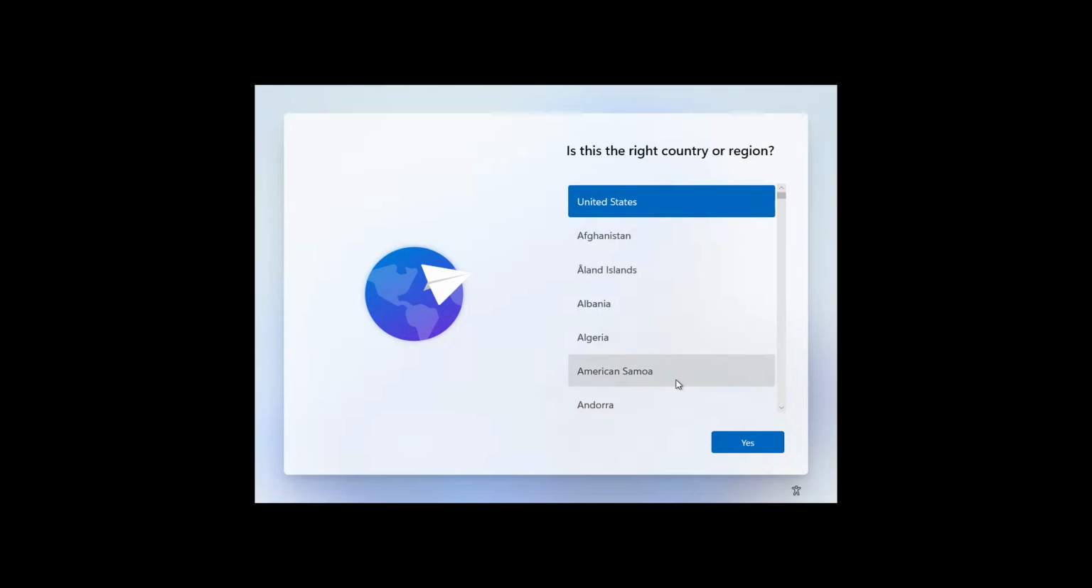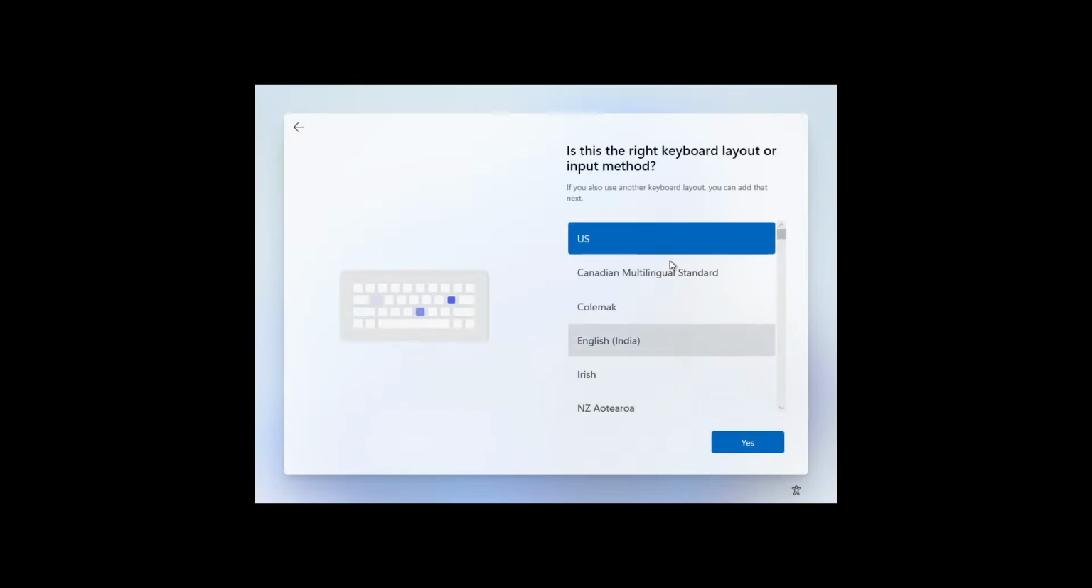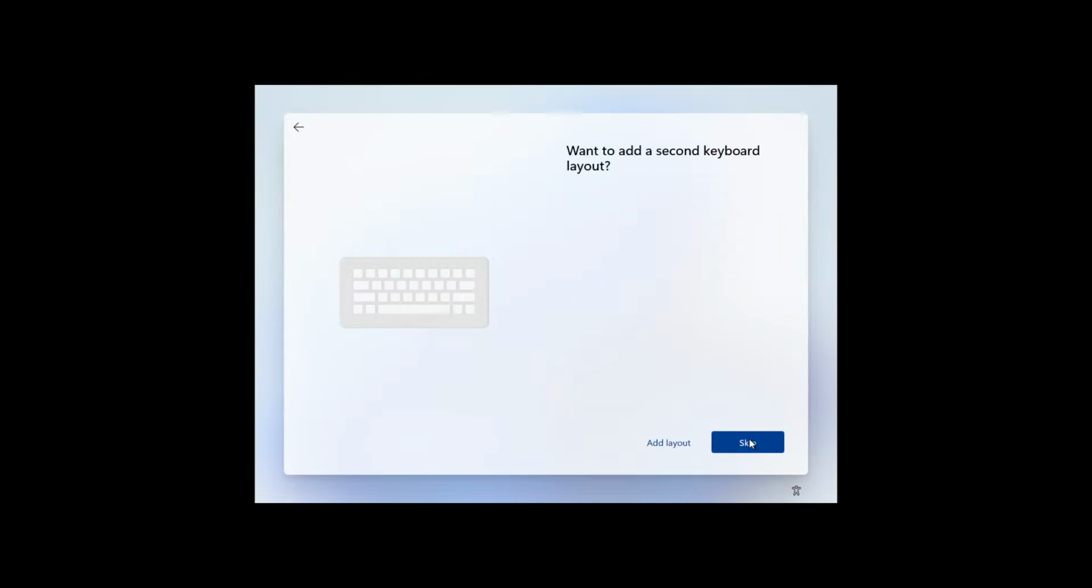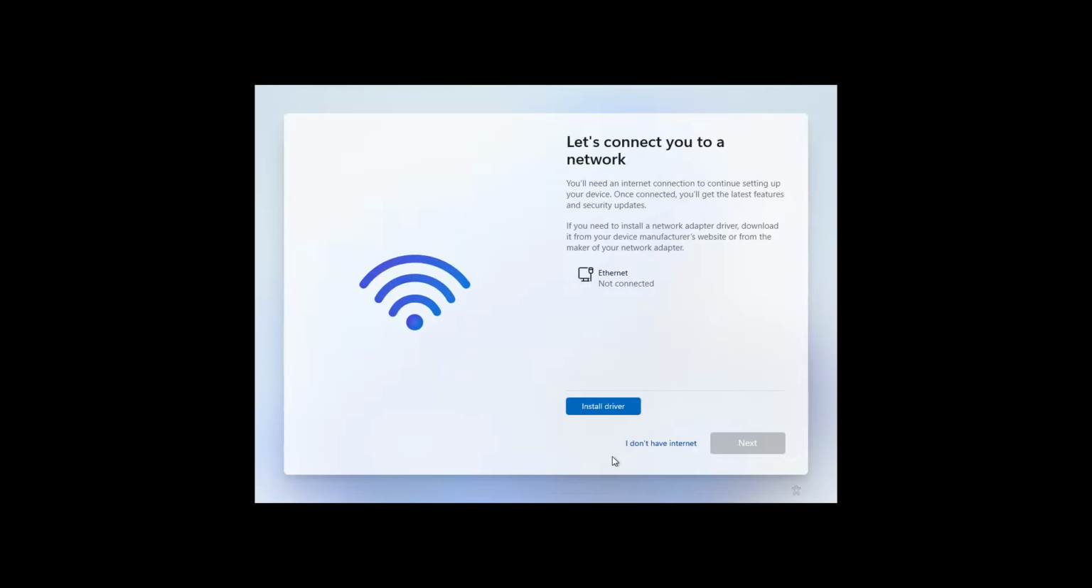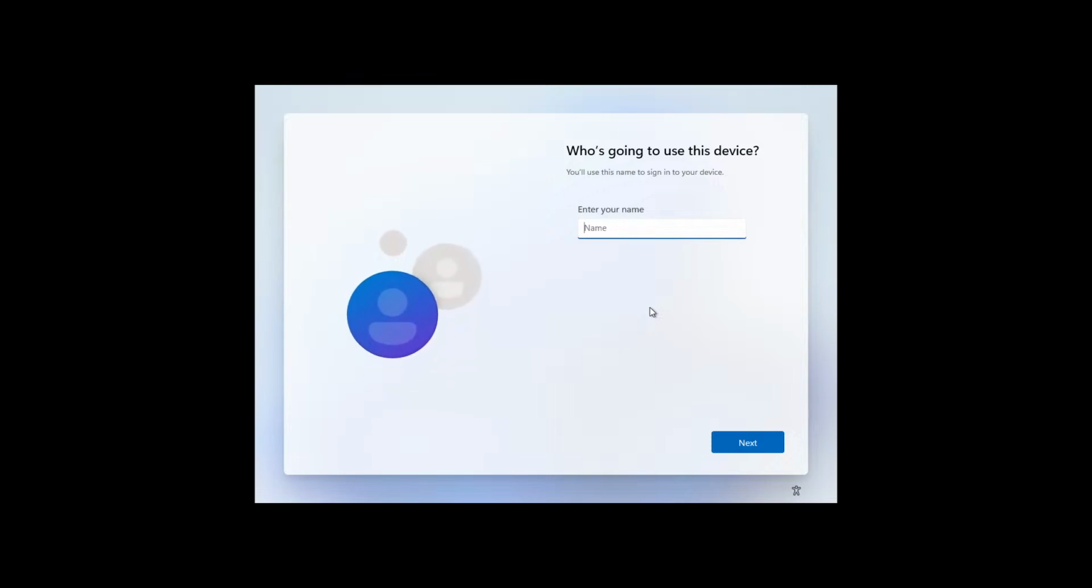So here we're going to come to the region again, click yes. Hit yes on US. If you're in another country, choose a different country. Choose the country you're in. We're not going to add a second keyboard layout, so we're going to skip that. So now it's showing I don't have internet. Here, we're going to choose I don't have internet. But you got to make sure your internet cable is unplugged